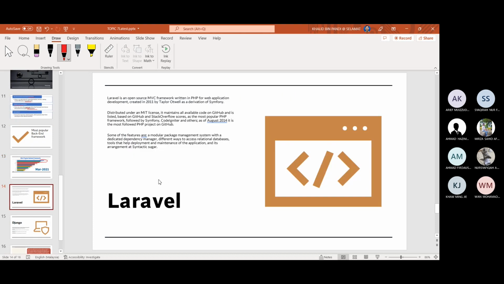What is Laravel? Laravel is an open source MVC framework written in PHP for web application development, created by Taylor Otwell as a derivation. You guys can read this after the presentation if you want. I will just show